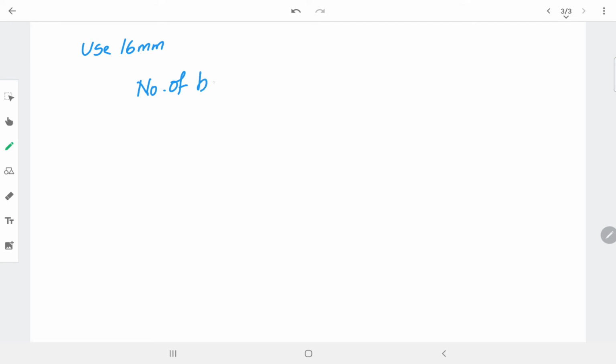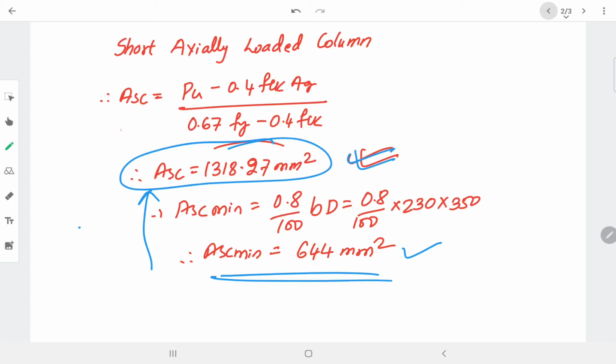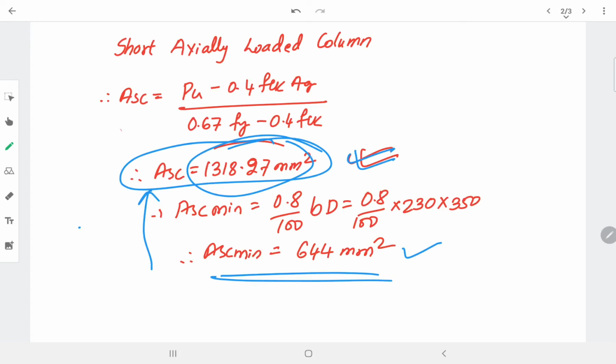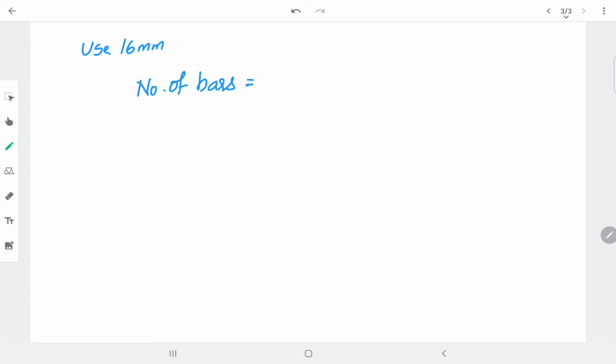Okay, you can start with 12 also. If the reinforcement area is quite high, in that case you may go for 16 mm. Otherwise, if it is more than 1500 mm, you go for 20 mm. If it is more than 2500, in that case you go for 25 mm. Suppose if it is less than 800, in that case the 12 is also sufficient. 800 to 1500, you may go for the 16 mm dia. So that you can get the appropriate number of bars.